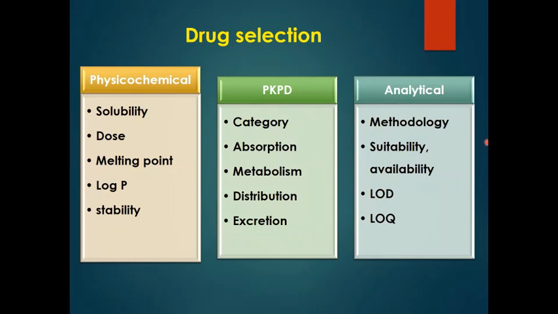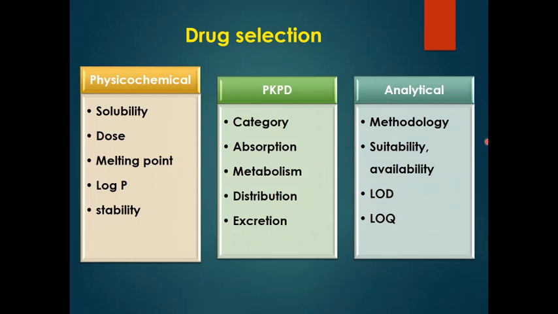Why I wrote this analytical methodology is, as I already told, the drug should have a low dose, and the amount of the drug that can be incorporated is maximum 10 to 15 percentage. So you can assume what amount of drug can be incorporated. In that case, if you want to perform assay and in vitro release and other activities, sometimes, because the drug is very less, you need a more sensitive method or more sensitive equipment like LCMS. So you need to see first whether an HPLC method can be used or only LCMS methodology, whether it is available with us.